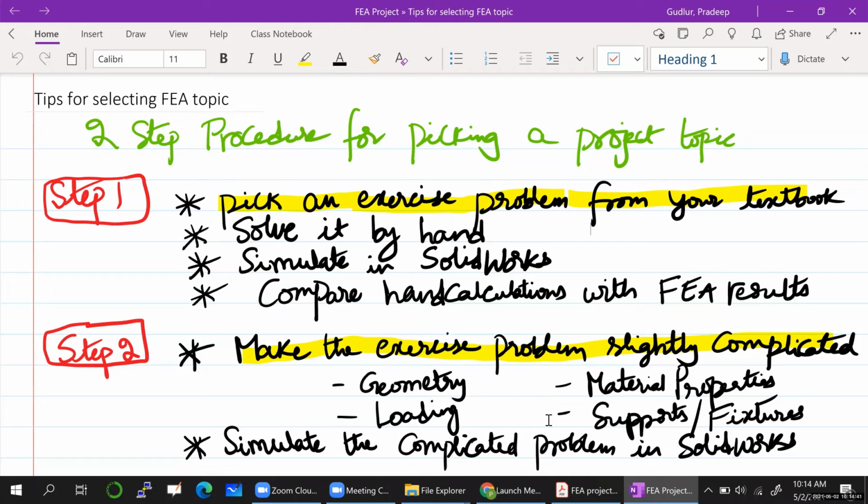So the approximate timeline for step 1, which is just a textbook problem: I don't expect you to waste more than 1 to 2 weeks on step 1. Of course, you are learning SolidWorks here, how to do this in SolidWorks and so on, but I don't expect you to spend more than 2 weeks on step 1. And step 2, that's your actual project. So make sure you have enough time on this slightly complicated problem. So 2 weeks on the step 2 problem, and you also need to do a presentation in front of